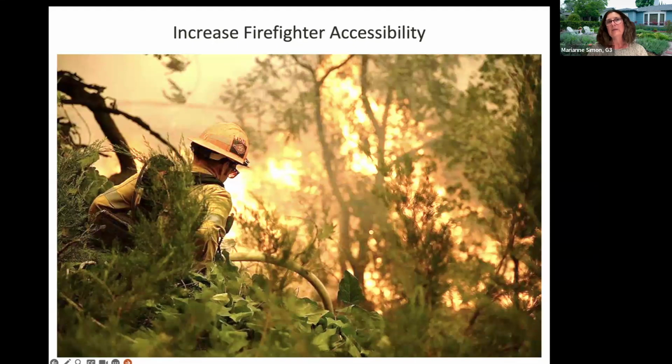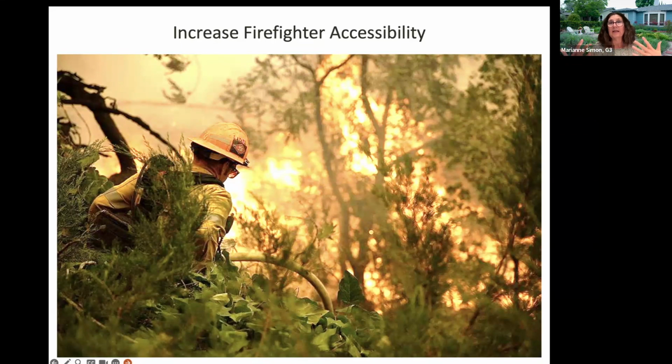And then really, really important is making sure that if there's a fire going on, that the firefighters can actually access your property. We had one example where someone had a fence that went around the entire property, and there was actually no way to open or access that fence from the hillside. The only way in was through the house itself.